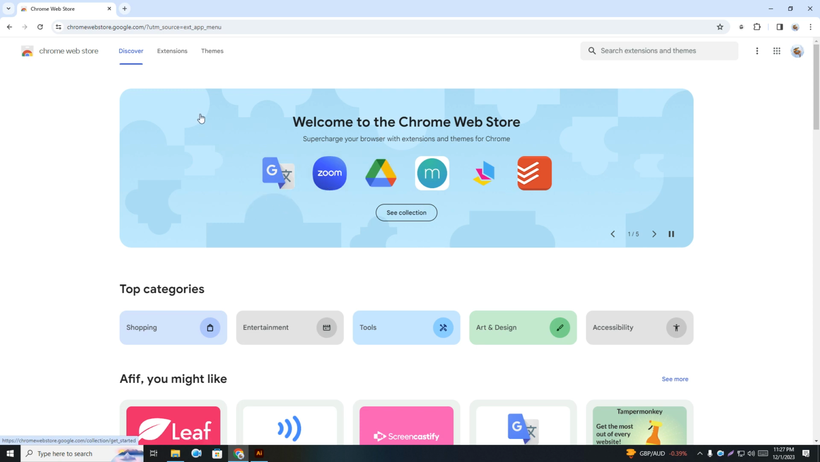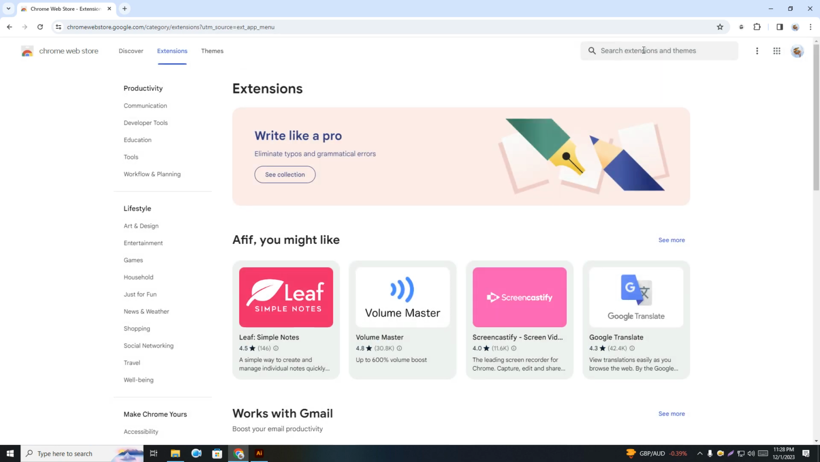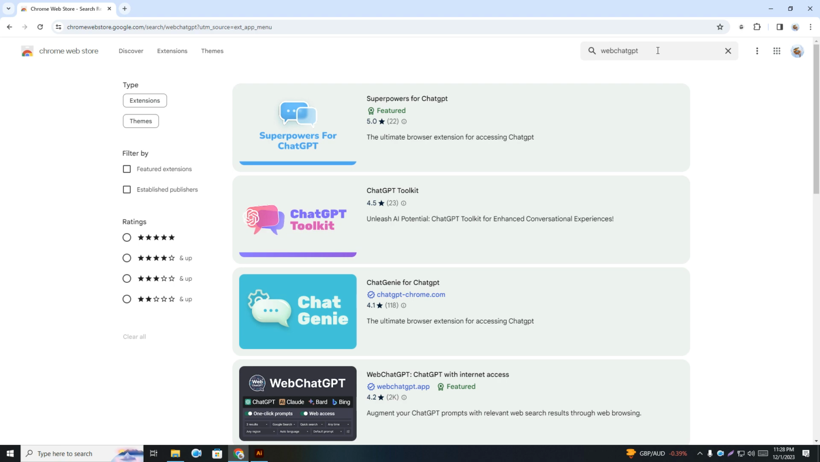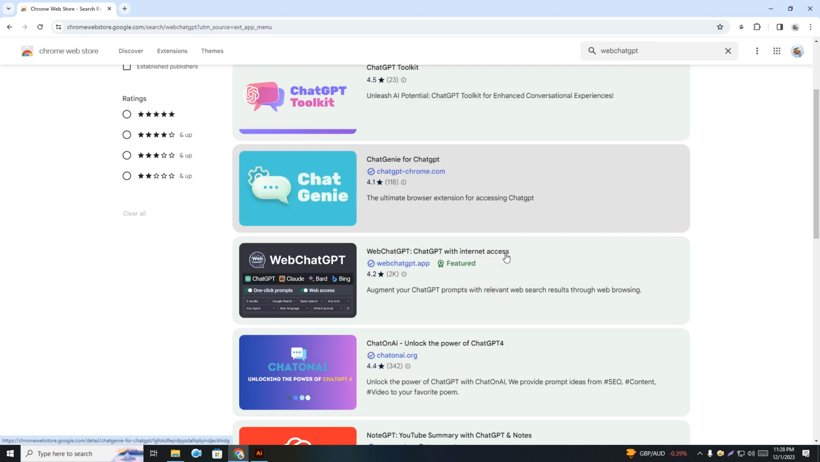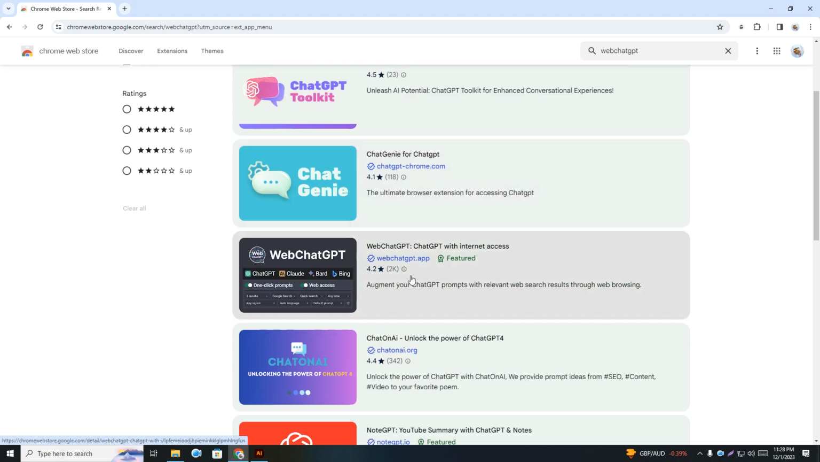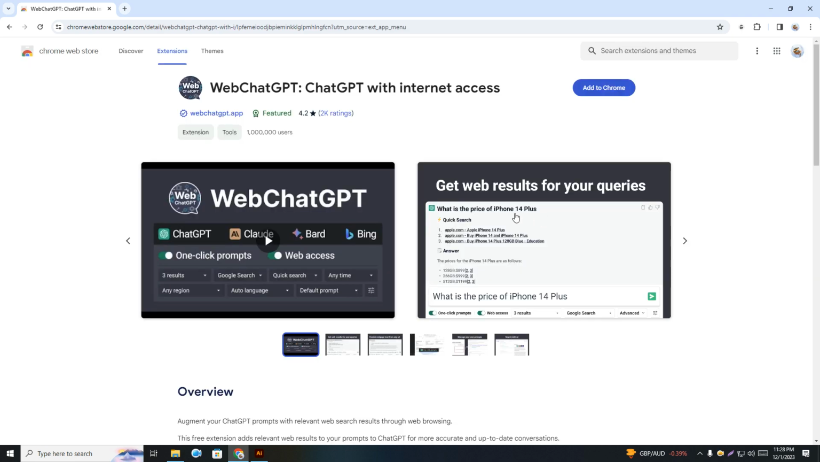So what you need to do, you need to click here on Extensions, or you can search for an extension. Type here web ChatGPT and enter, and here you'll see the featured option, this one, WebChatGPT. Click on that,